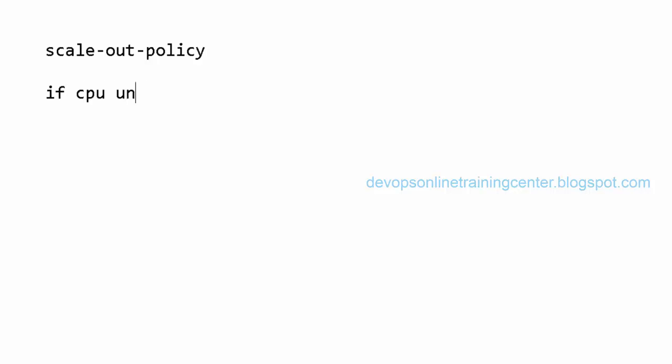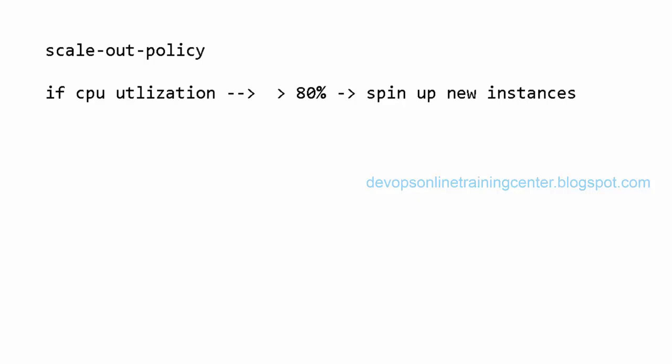So this is the average CPU utilization between the instances. If it is 1 instance, it will check 1 instance. If it is 2 or 3 instances, it will check the average CPU utilization across the instances. And if CPU utilization goes beyond 80%, spin up, which means start, let us say, new instances. So this is my scale out policy, right? Here what I'm creating is an alarm. Alarm is nothing but saying that if CPU is greater than 80%, do this.